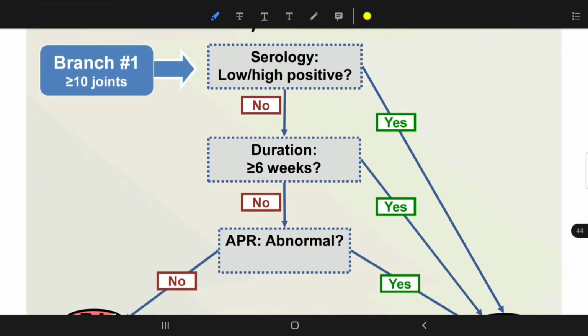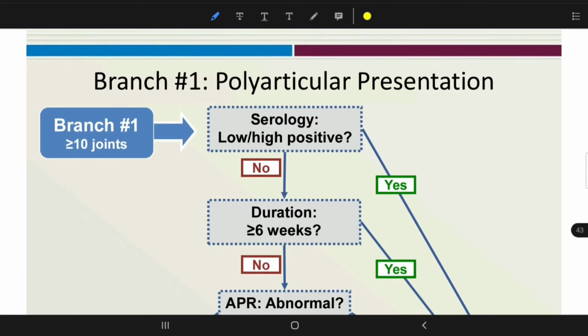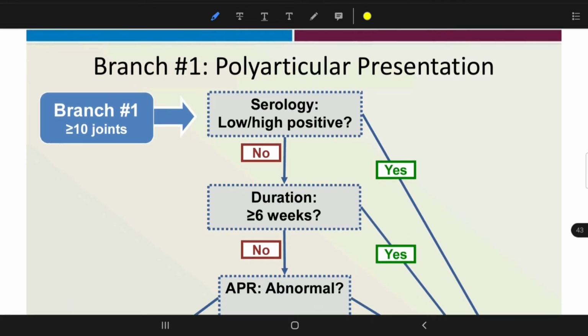Now we can do some examples also. In example number 1, let's assume that a patient has more than 10 joints involved, so he or she gets a score of 5 instantaneously. Assuming that at least one small joint is involved, now we do a lab test on this patient. The serology comes out to be,